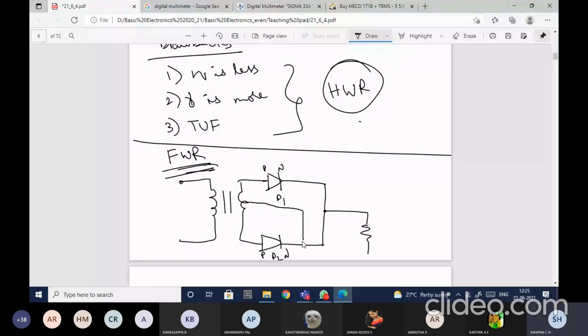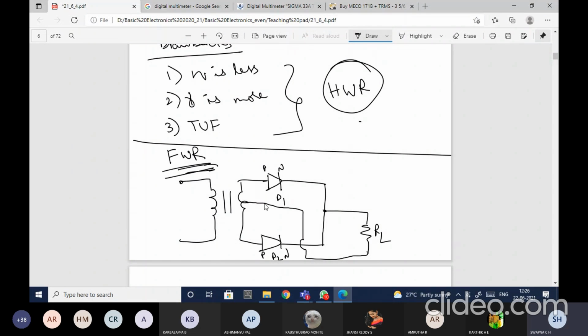Whichever you feel comfortable with, you can follow that. Between this point and this point, the resistor, the load, is connected. Across this load only, we are calculating the output voltage. We have to check whether my rectifier is rectifying the AC signal to a DC signal or not. So you have to find the output voltage: when you give some input voltage, find the output voltage, and find the DC value, the RMS value, efficiency, everything.